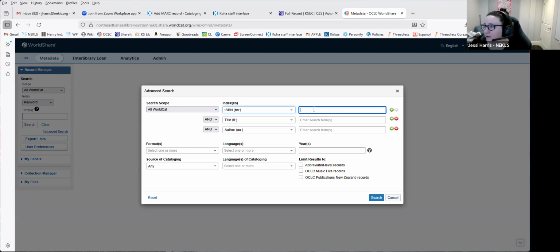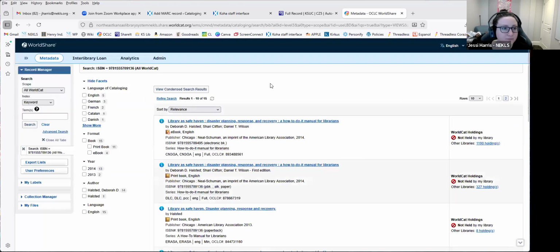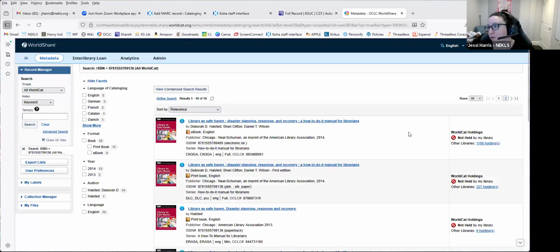But if it's a book, almost always your best bet is going to start with the ISBN number. Also, because we want you to be importing the appropriate record. So as you can see here, even though I scanned a physical book, the top option is an ebook. So we know that's not what we want. Don't import an ebook and then try to change it to a physical item. You want to import the